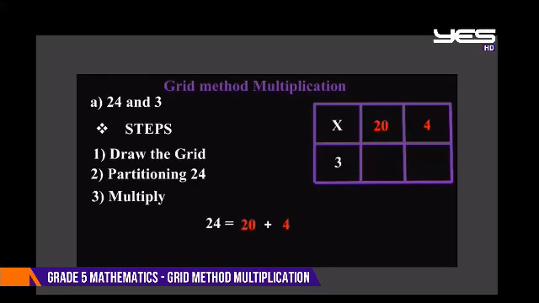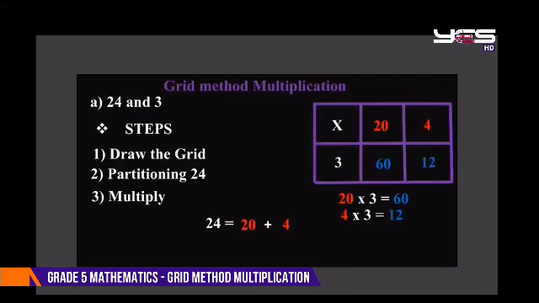You might not remember the times tables of 20, so I will explain a little trick you can do here. You can multiply 3 and 2 first, and then after getting the answer you can write the corresponding zeros. So 3 times 2 is equal to 6, and then when we add the 0 it will be 60. Yes. 3 times 4 is equal to 12.